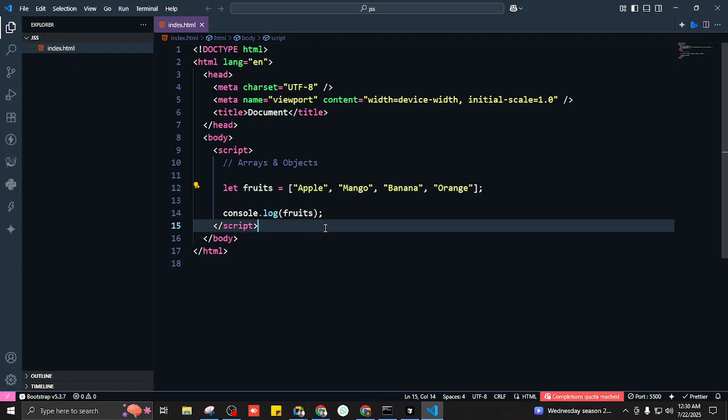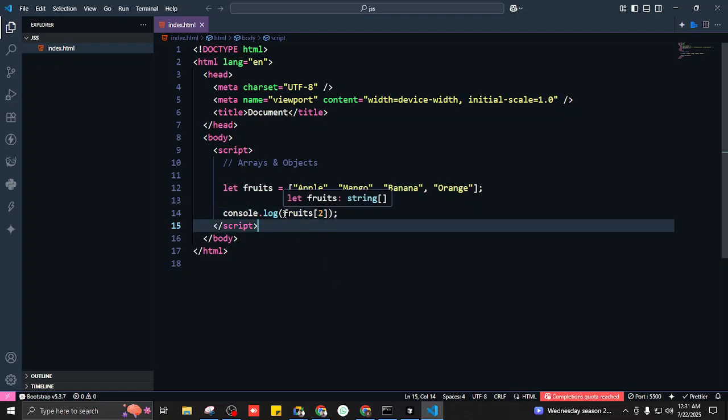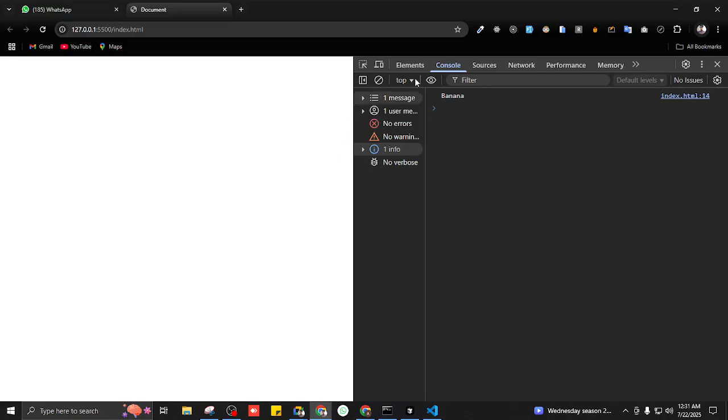I'm gonna go inside the console log, and where I'm console logging fruits, this is going to get me all of the array. We just want the banana, so I'm gonna go inside this fruits, after the fruits, and put square brackets, and then I'll put the index I want to access, and that is 2. So it's going to get me the fruits, and after getting the fruits, it's going to get me only the second index. So we'll have banana,